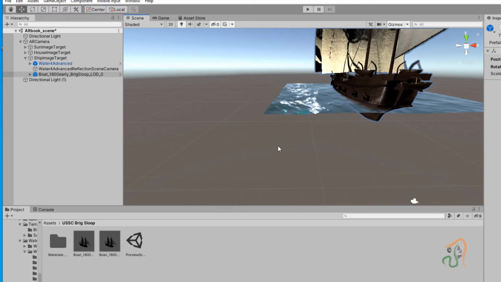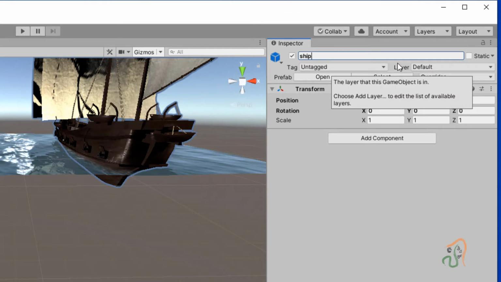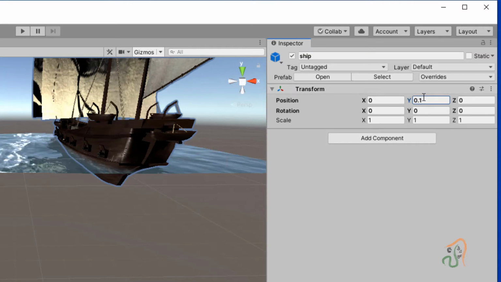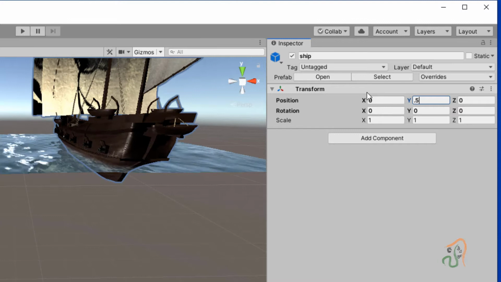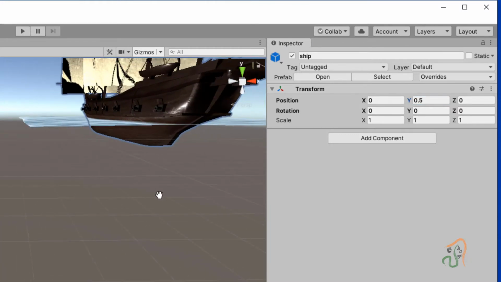So what we can now do is, with the ship model selected, since it has a big name, let us simply name it ship. After naming it, let us move it along the y-axis by 0.1, or even we can move it by 0.5, so that it is just above the water, or still we can move it by 1.